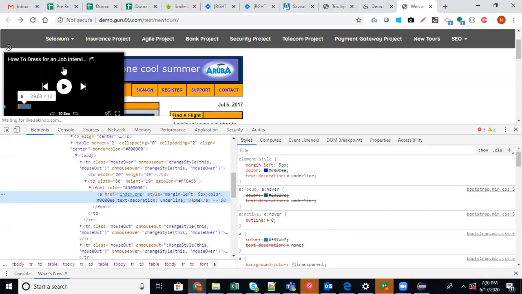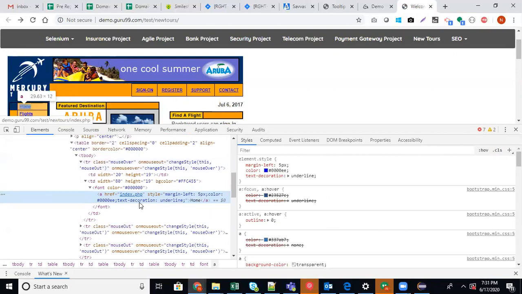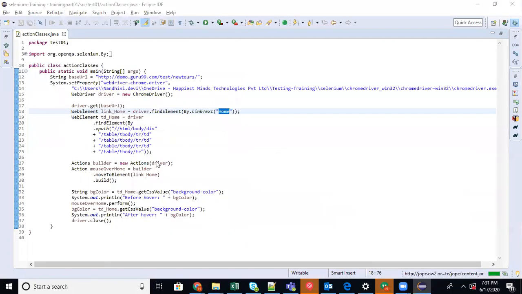There is something called a link, which is inside the A tag. You can identify it using the link text, index.php.